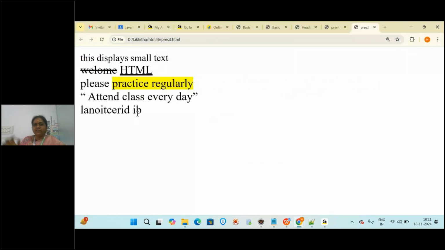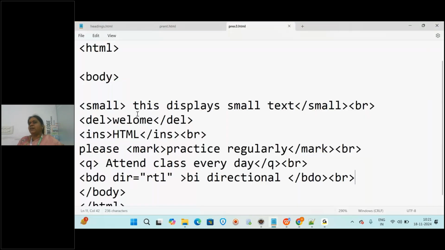We are getting reverse order, right? So RTL stands for right to left. Almost every tag that we are learning here will have properties like this. So it will just display the text, and along with displaying text, we can add some additional feature to it also.